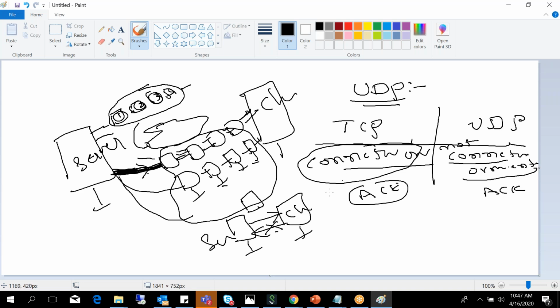Okay, got it? That is connection oriented and connectionless. And the second point is, TCP is reliable and UDP is not reliable. What do you mean by reliable?